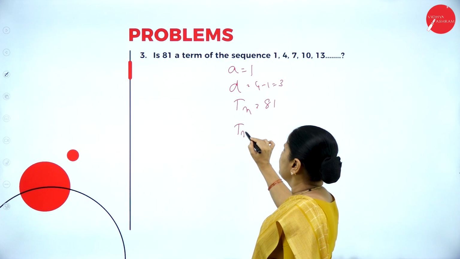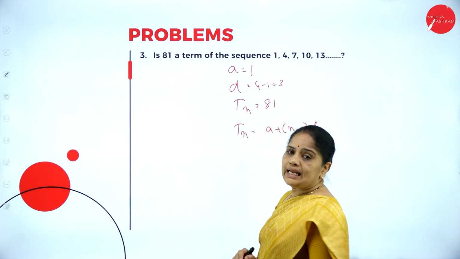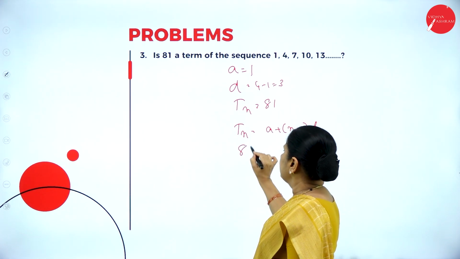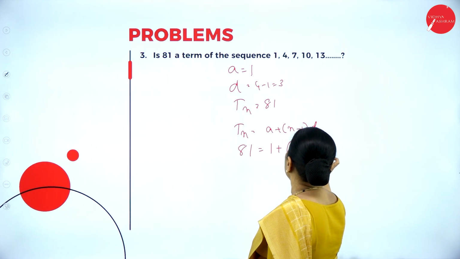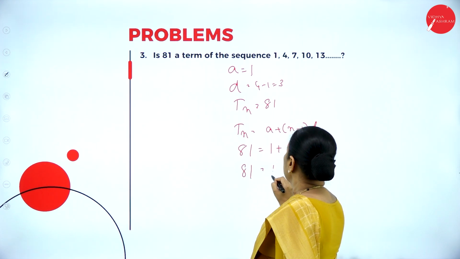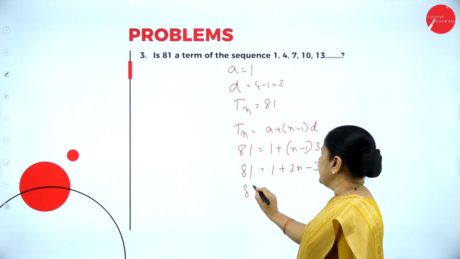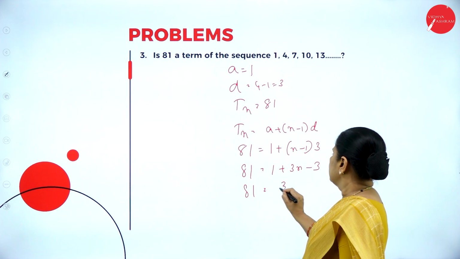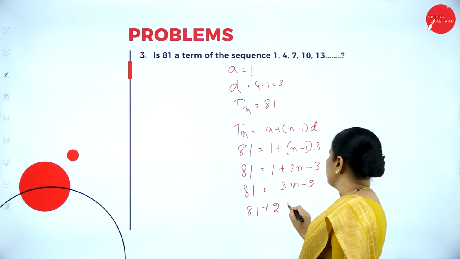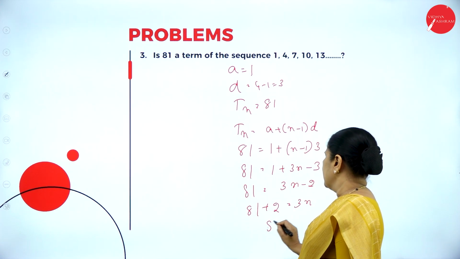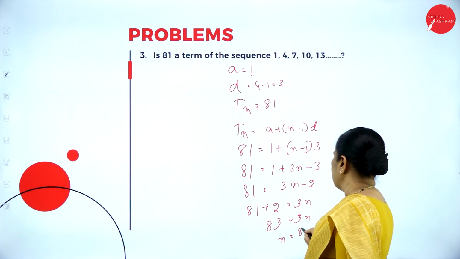Now we make use of the formula Tn equals A plus n minus 1 into D. So 81 equals 1 plus n minus 1 into 3. 81 equals 3n minus 3. 81 equals 3n minus 2. 81 plus 2 equals 3n. 83 equals 3n. N equals